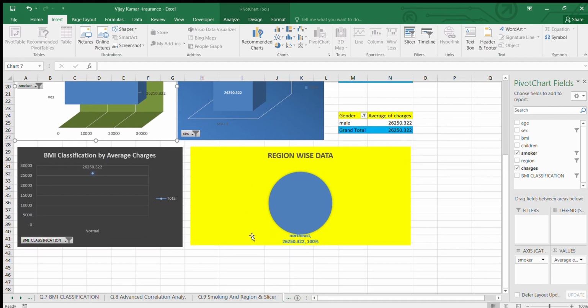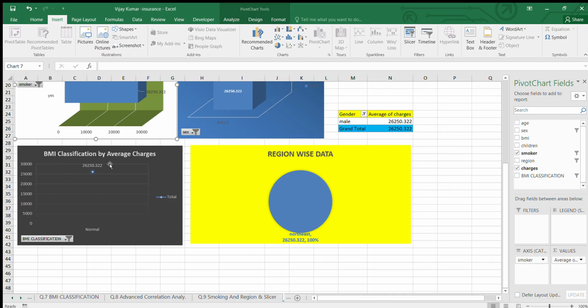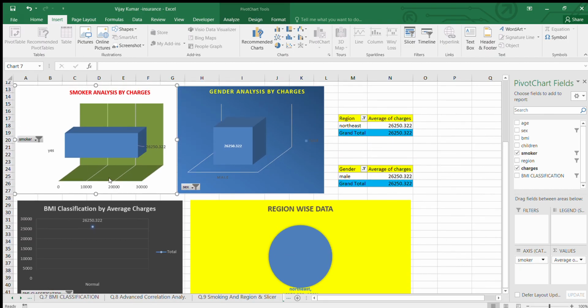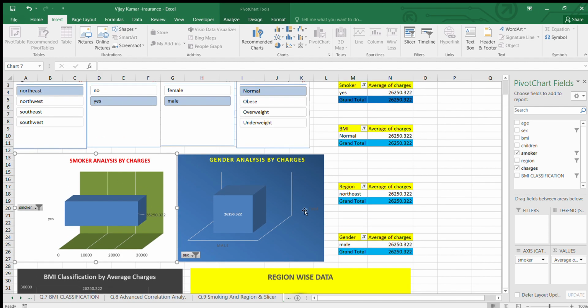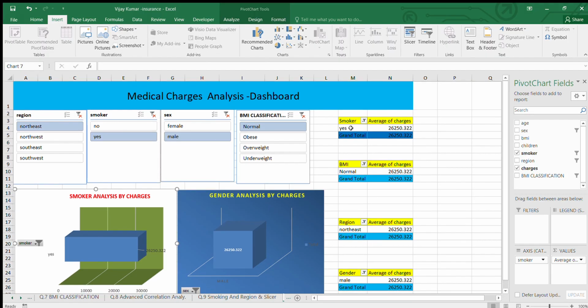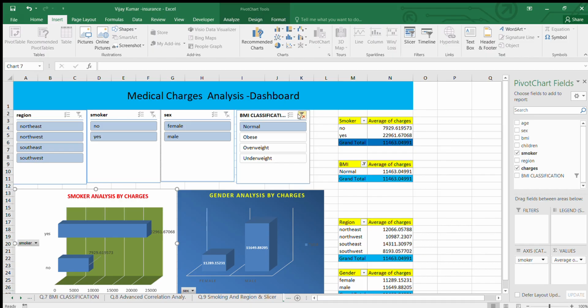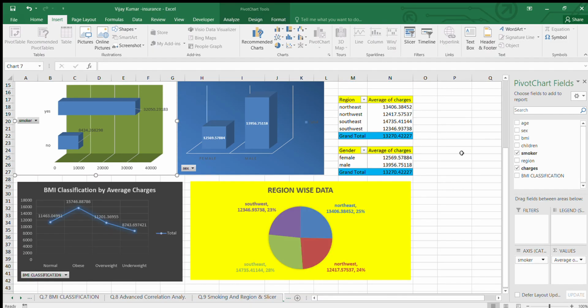So I can say, see, this is the scatter plot, a line plot. Here it shows a single line, because the northeast is, I think, the second highest. So the average of BMI is 26,250. Region wise or gender wise, for male smoker, yes. So all of these I have put here. So I can say that this is the final conclusion we get after we applied all the required things. So thank you for